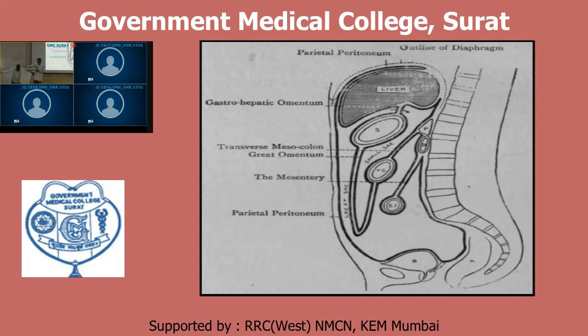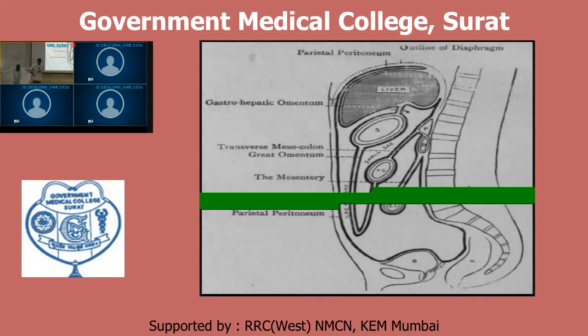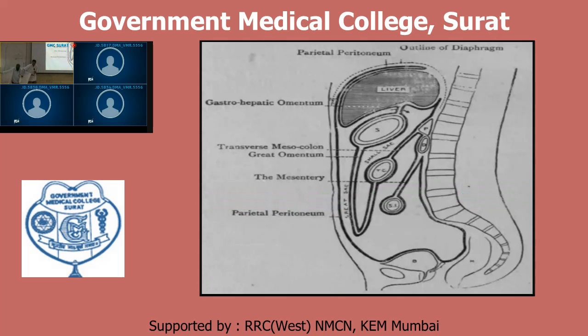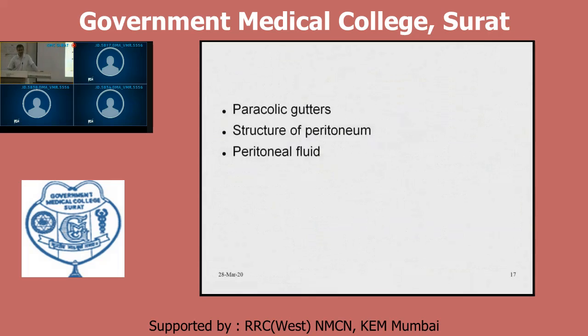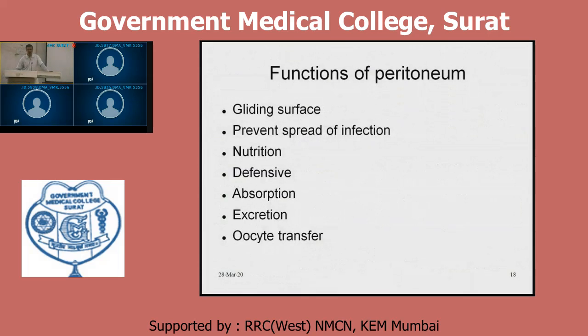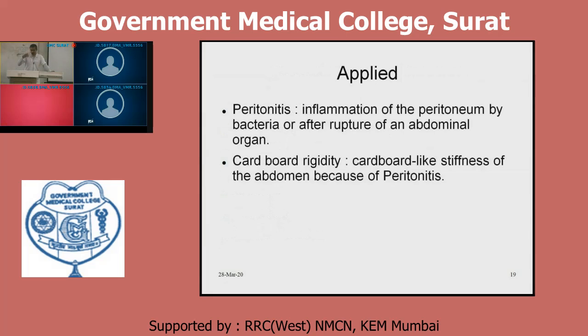Now remaining part, these are reflections in relation with abdominal parietes, abdominal viscera. Now this peritoneum covers viscera and abdominal parietes. It is divided into two parts, parietal peritoneum and visceral peritoneum. This parietal peritoneum is sensitive to pain because it develops from somatopleuric layer of lateral plate mesoderm. Therefore, it is sensitive to touch, pain, temperature.